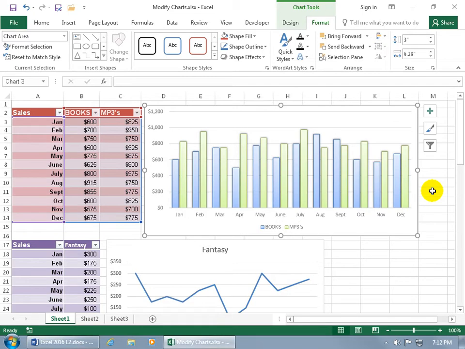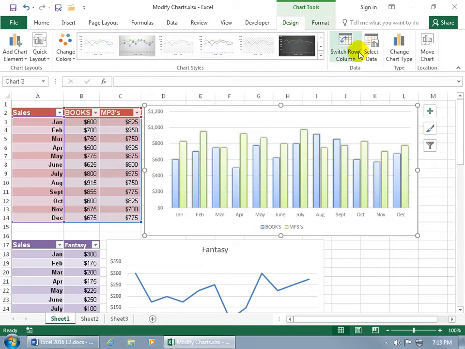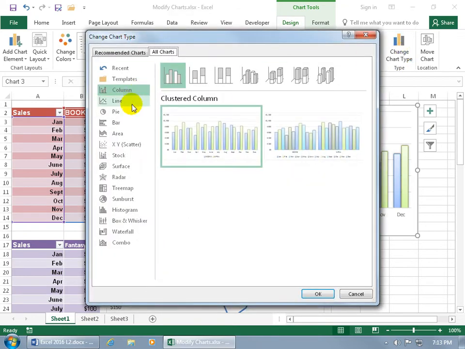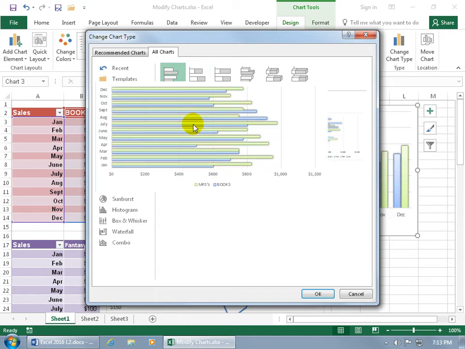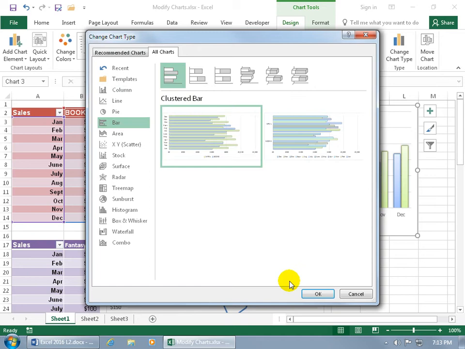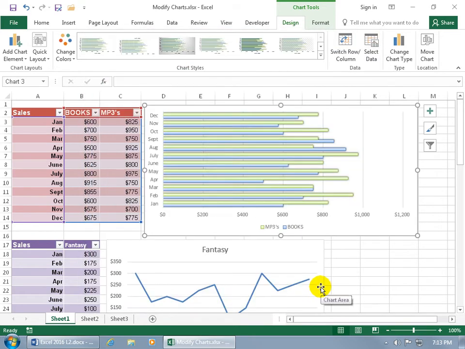And then next, if you want to change the chart type, if you no longer want a column chart, you want to update that and change it to something else, you can do it one of a couple of ways. Either come up here and click on the Design tab, go to the Type group, click on Change Chart Type, and then go ahead and choose from one of the categories like bar, and select one. Well, I don't get too many options. Go ahead and click on it to select it, click OK, and I'm going to undo that because I